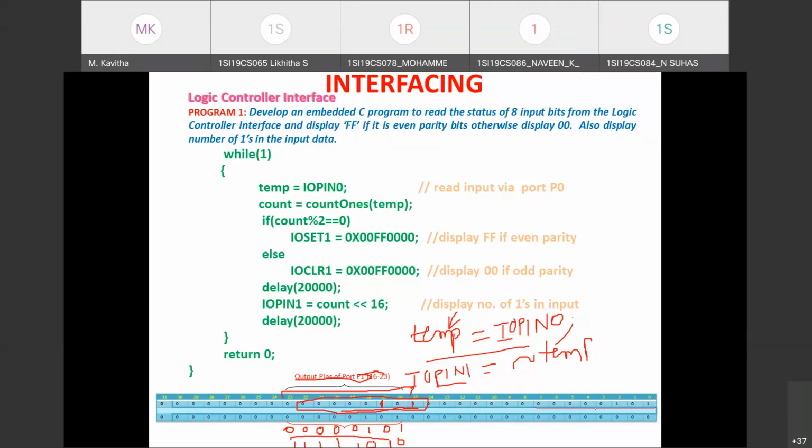Then the third LED will be off, the second LED will be on, and the least significant LED will be off, to indicate the complemented version of the input. If this is the input you have set, then this will be the output you are going to get. To indicate the status of the input, there are input LEDs where the least significant LED will be on and the second LED will be on. Rest others will be off. If you check the input and its corresponding output LED status, you'll come to know it will be inverted. It will be the complement.